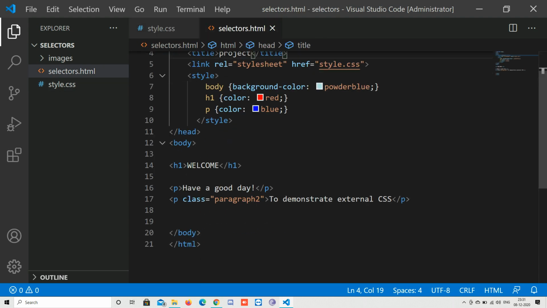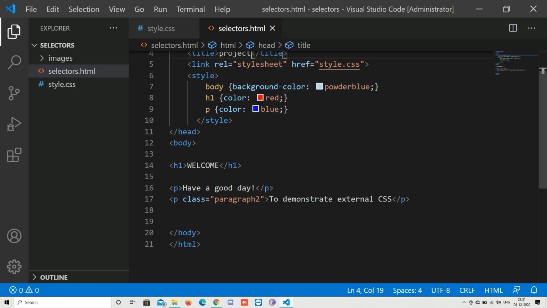So you can see that the second paragraph has a class named paragraph 2 to demonstrate external CSS, because CSS can be done in three ways, that is the external CSS, internal CSS, and inline CSS. So the inline CSS means we include style element in the head section, and external CSS means we include an external CSS file in a HTML document through a link in the head section.